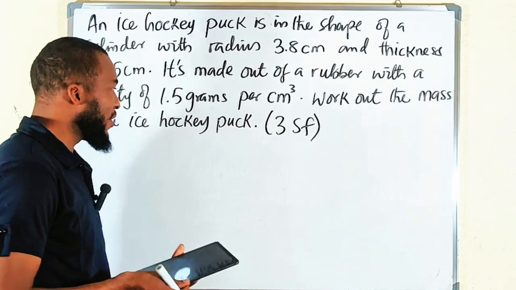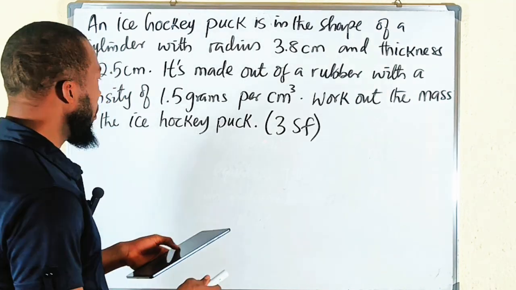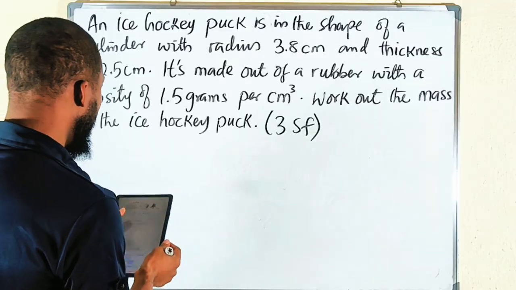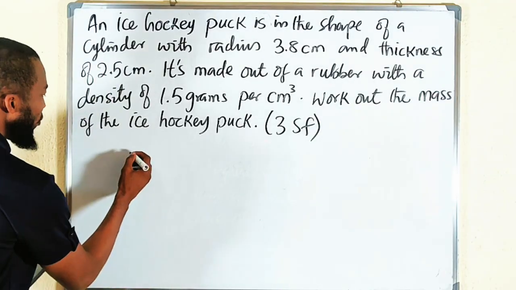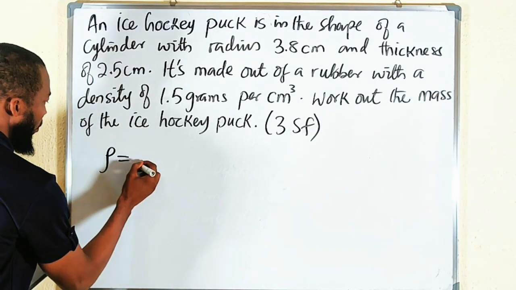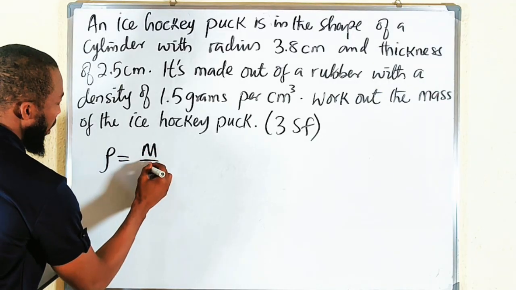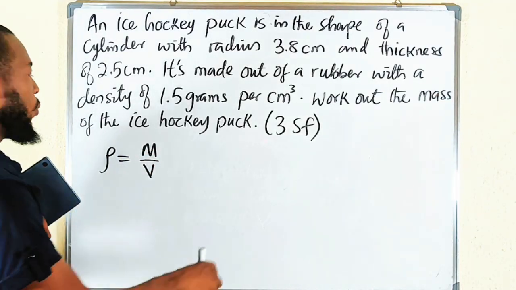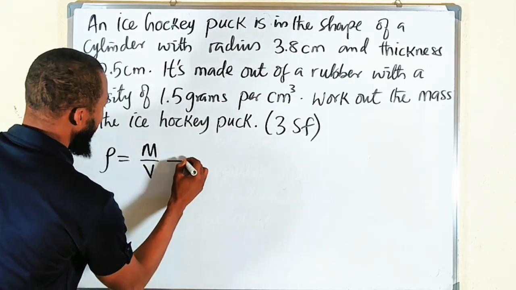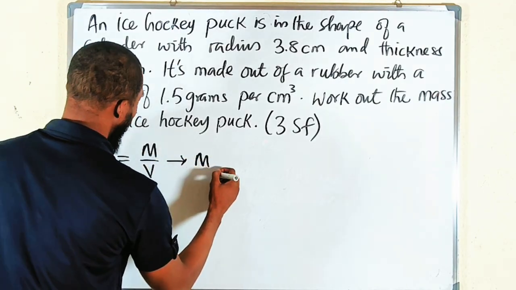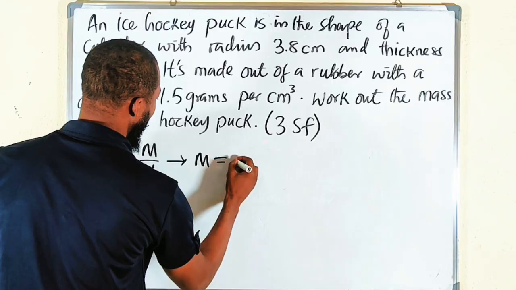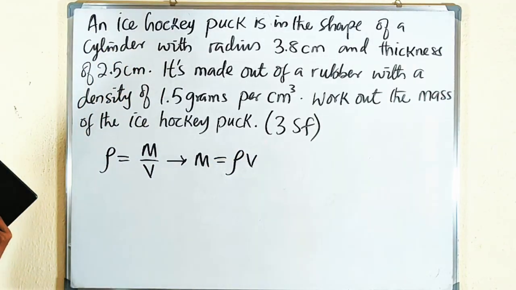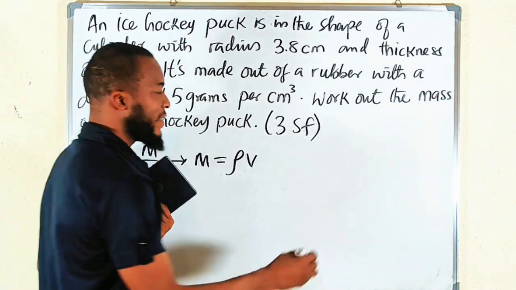I already have a solution here because of the decimals, but you should know the relationship between the density and mass. You should know that the density is equal to what? Mass divided by the volume. But what are we looking for? We are looking for the mass, which implies that the mass of the hockey puck is equal to the density multiplied by the volume. Therefore, we have to find the volume because it is in a cylindrical form,